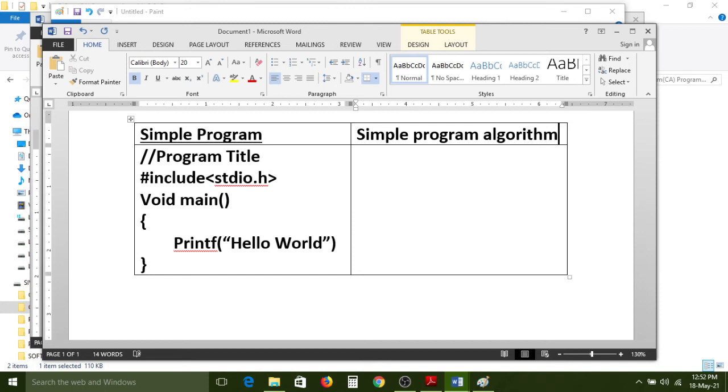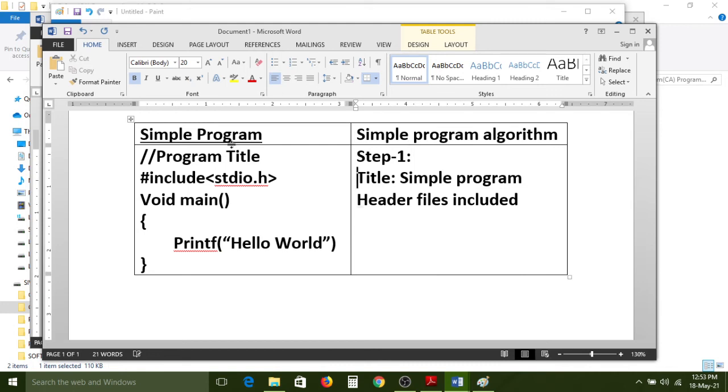The algorithm title is equal to the simple program. After that, header files included. Here is step 1.